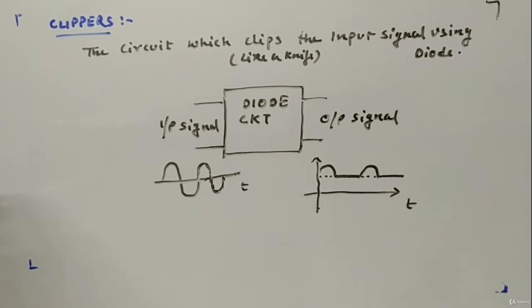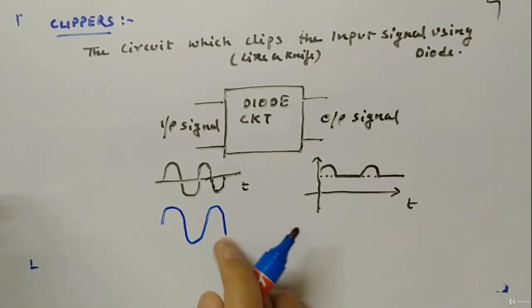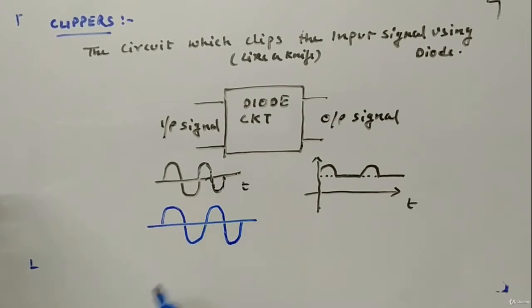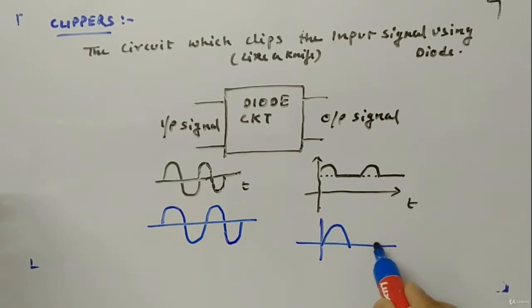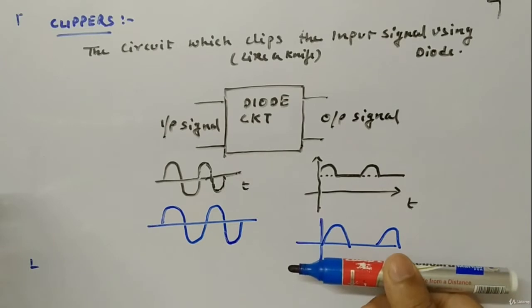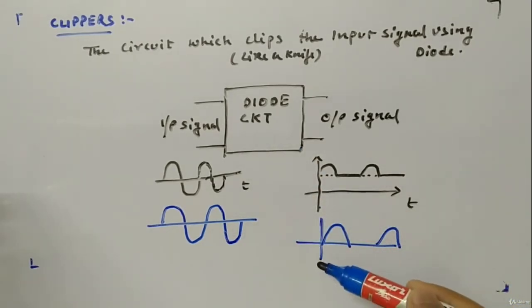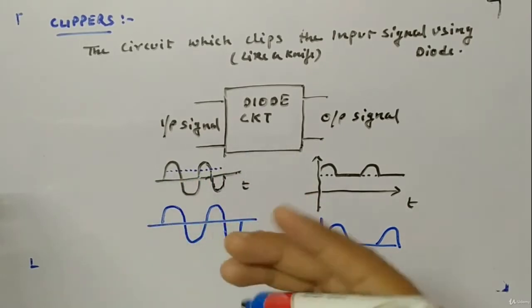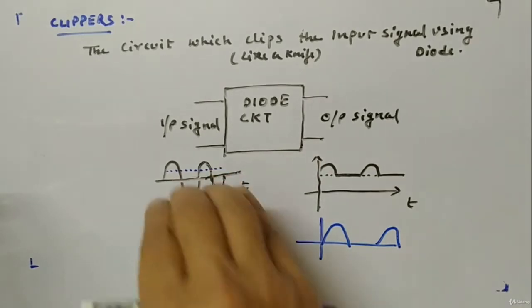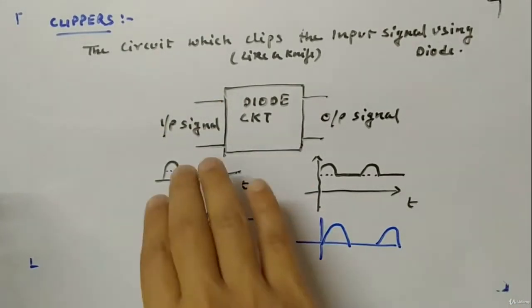Sometimes you can also have this kind of figure. For example, this is the figure at the input, some sine signal. You can have it like this as well. It will only pass the signal which is above this zero line, and below the zero line it won't pass it. It is similar to this. Here it is cutting from this part. The circuit is clipping, cutting the input signal from this blue line. So above this everything is passed, below this it is not.